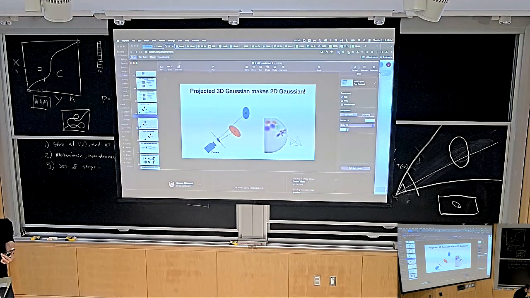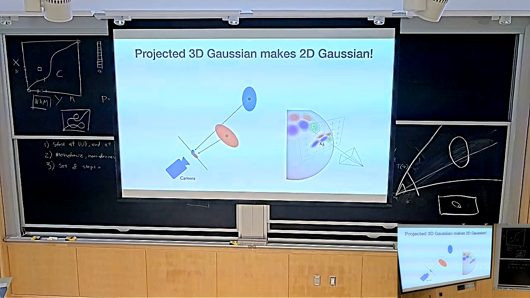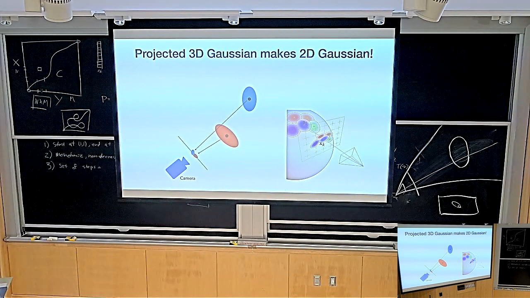So here's a little visualization of what it looks like. This is what I had hand-drawn poorly. It turns out that if you have Gaussians that live on a surface, like a plane, and there's a Gaussian on the surface, you can also project this 2D Gaussian onto a 2D Gaussian in the image plane, and the same property is true: it again gives you a 2D Gaussian. And so this is what you see here.